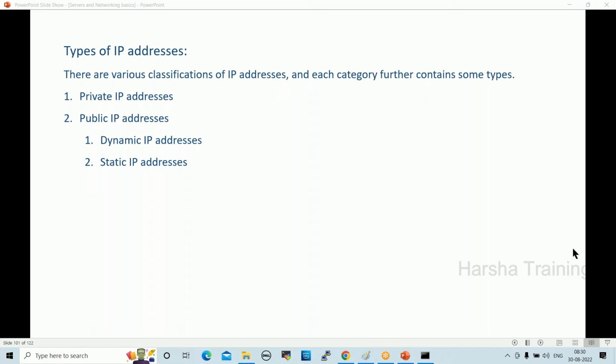restart our server. Dynamically. So backend there will be a DHCP server. In data center, backend there will be a DHCP server. DHCP full form is Dynamic Host Configuration Protocol. So what DHCP server will do, whenever we restart our server, whatever IP address was assigned to the server, that will be taken back by the DHCP server. Whenever the server is started, it will give a new IP, right?